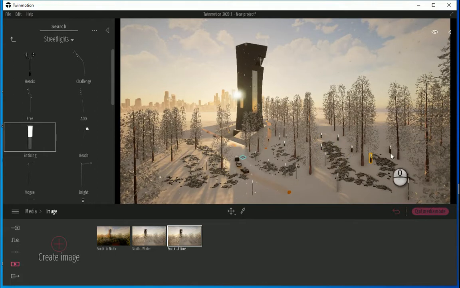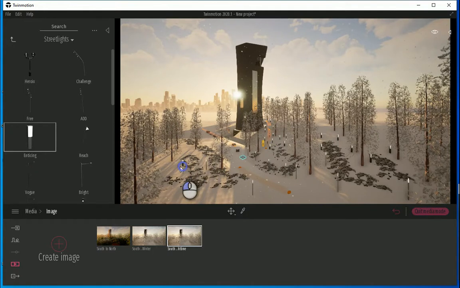You can have a sketch first on where you want your lights to be and everything, along the pathways maybe. Maybe some of them are here.